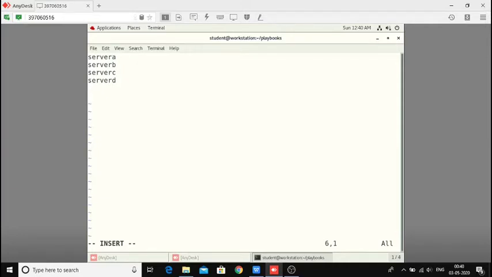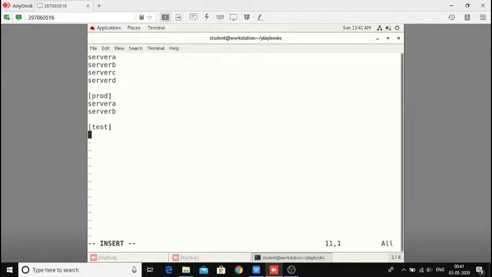So what I'm doing, let's have a group called prod. In my prod I can mention server A or server B. I can take another group as test.